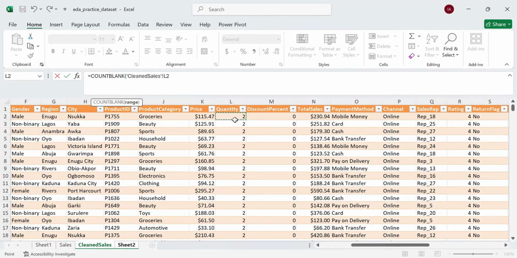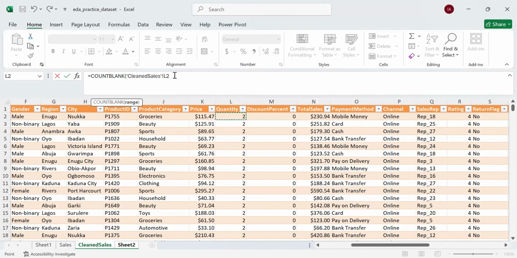It's still going to give me L2. That is the address of the first cell with values or with number after the column header quantity, right? Including the sheet name, clean cell. Okay. Now I'm going to give the full range. The range will be everywhere I want it to basically look within. And I want it to start from L2 and end in